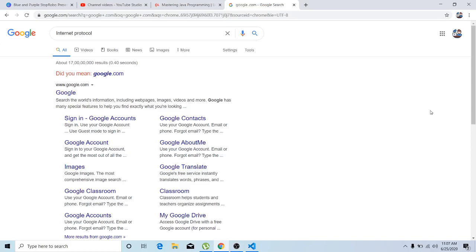If you want to identify a system in that local network, there is an IP address given to you. That IP address is called a private IP address.